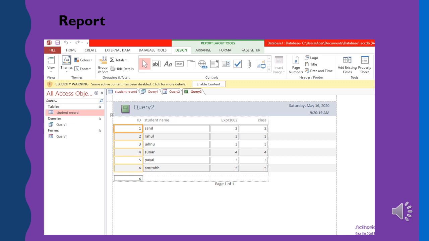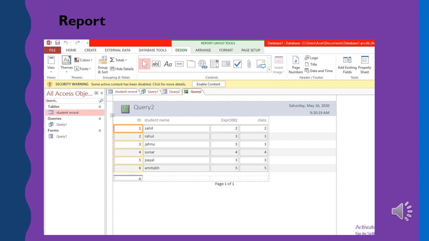Reports. Reports basically help to present a selected set of information from the database in the required format that is easier for the user to understand and is in a printable format.